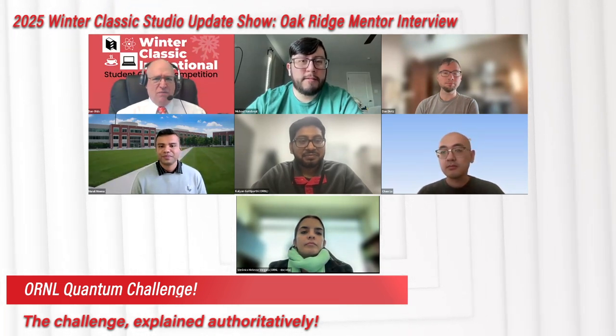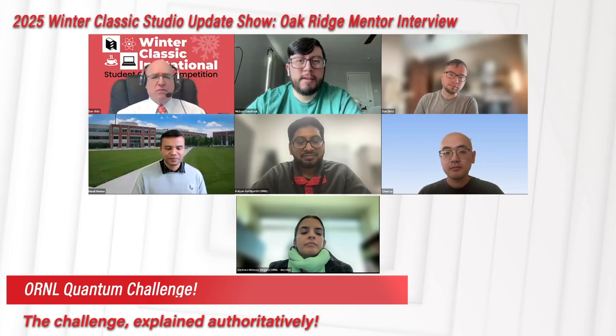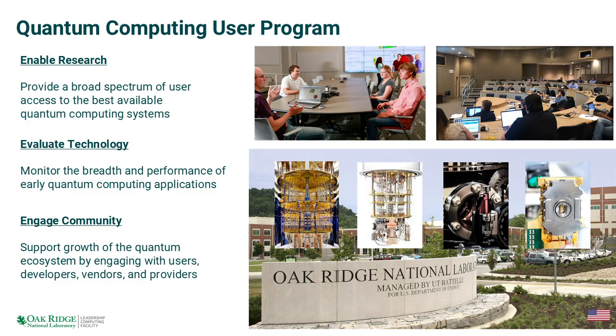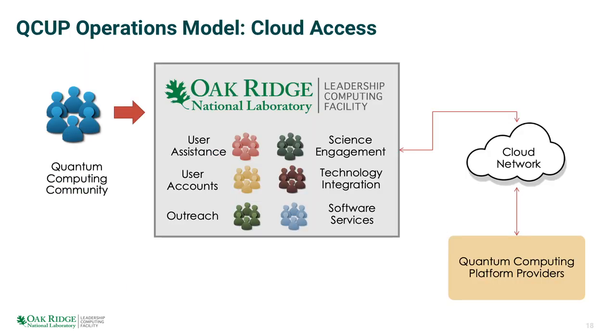Yeah. So for those that don't know, here at Oak Ridge, we have a program called the Quantum Computing User Program, also known as QCUP. And we partner with cloud vendors who offer actual quantum machines on their end. We take in proposals from prospective users and evaluate whether this is publishable. It goes through a review process just like our classical HPC proposals do. We can offer them quantum computing resources.